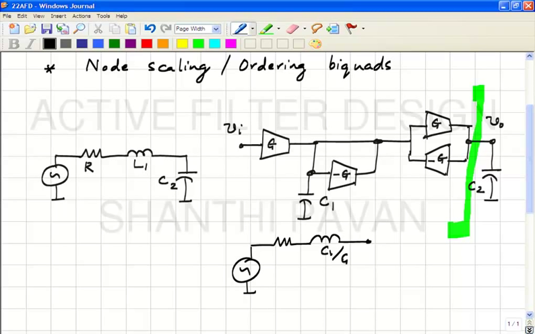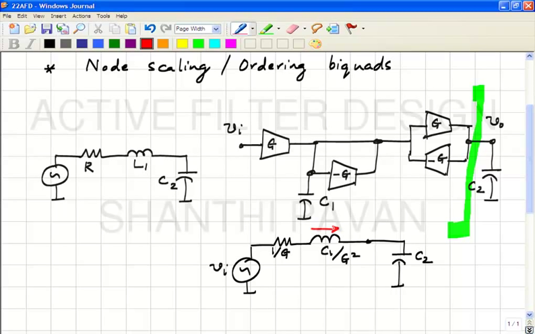C1 by G square. All right, and what is the value of the resistance? Is G divided by G square, correct? So it's a resistor of value 1 by G, and this voltage will be Vi. Okay, and this is C2. Does that make sense? Okay, and inductor current